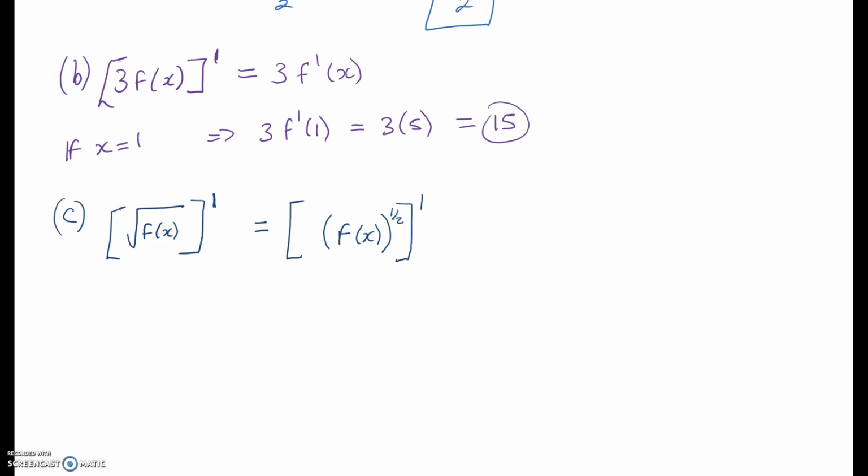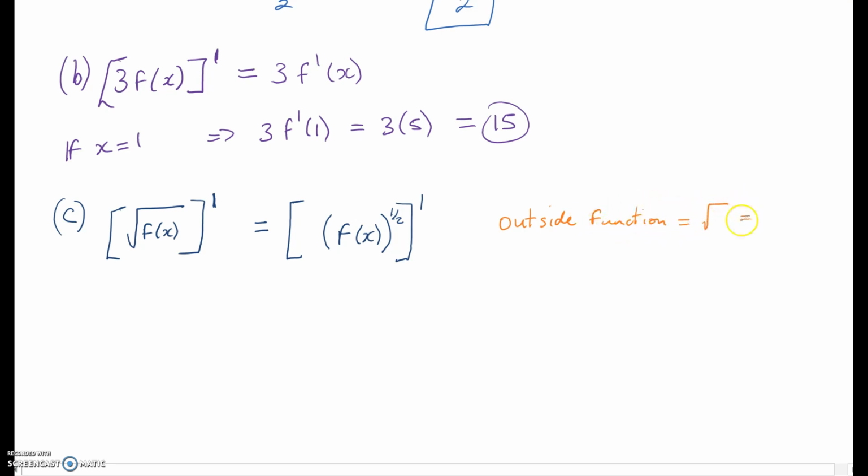So this is a chain rule problem again. The way I would look at this is, if you look at how the parentheses are nested, the square root is on the outside and f of x is underneath that. So I would look at the outside function being the square root,